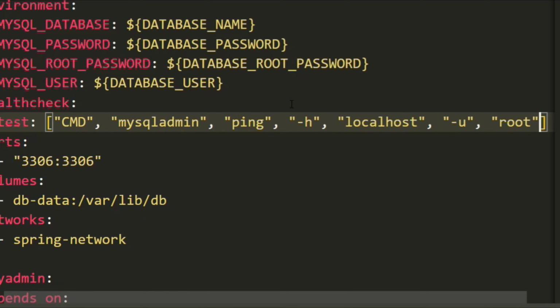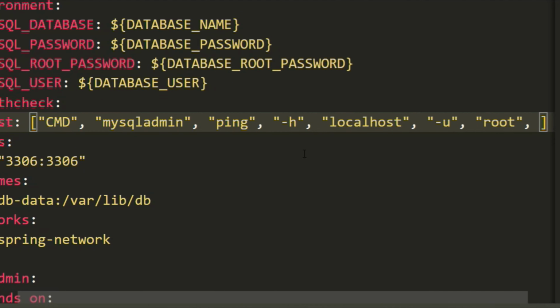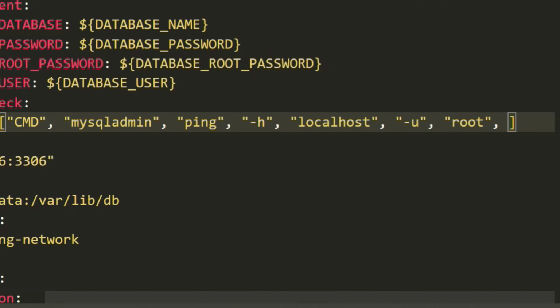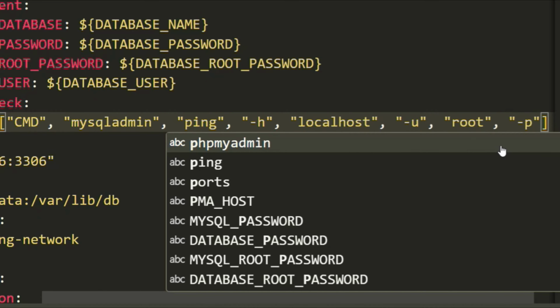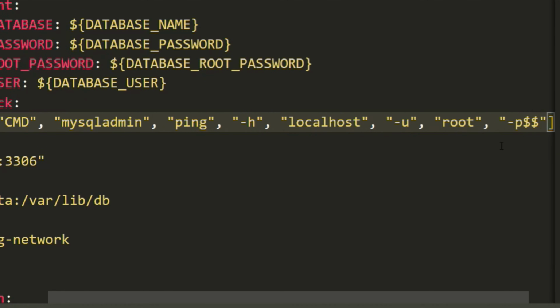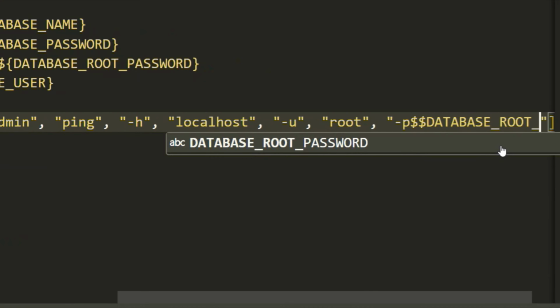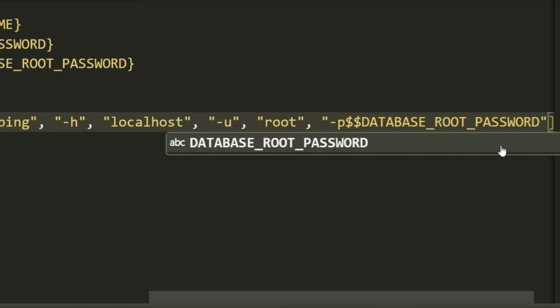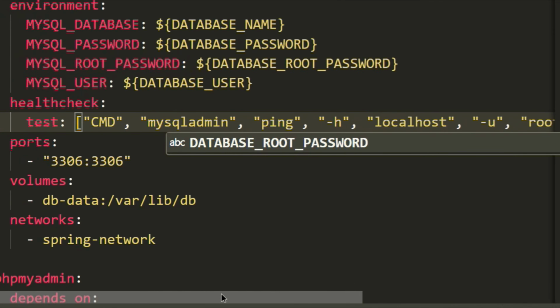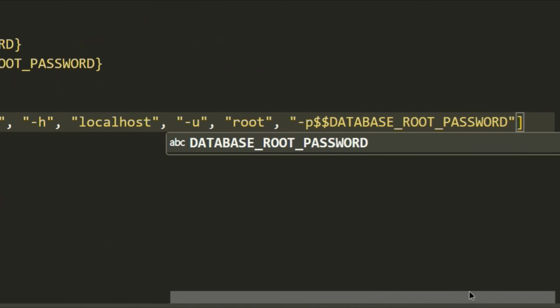We're going to ping with root, and then the password for this will be taken from the environment file again, but it's going to show up as -p, and then we need to use two $, and then database_root_password. Okay, so we've got the test written up,